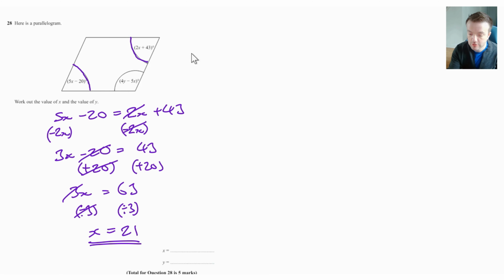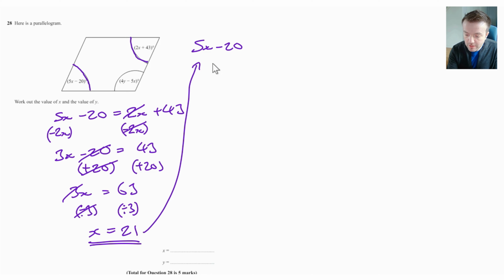angles? So let's change color because we've got a whole different process. So here now we've got to work out the value of what those angles are. Well, actually, no, let's just stay the same color because we think of the angle. So here we're going to have, if we look at this bit here, 5x minus 20. That means that now when we substitute that value of x back into it, we should get 5 times 21